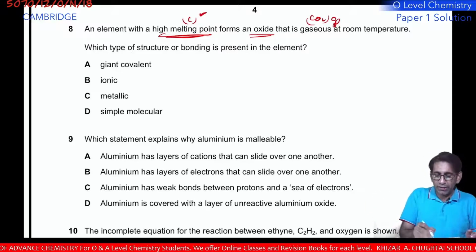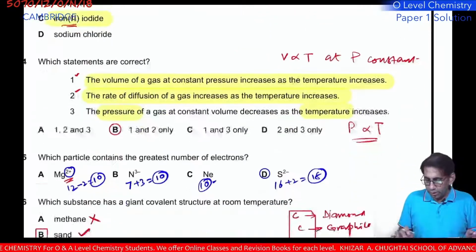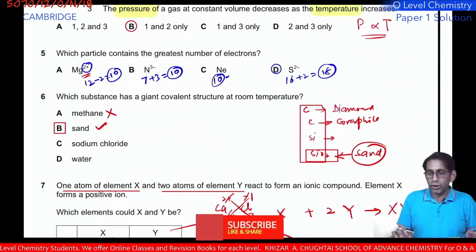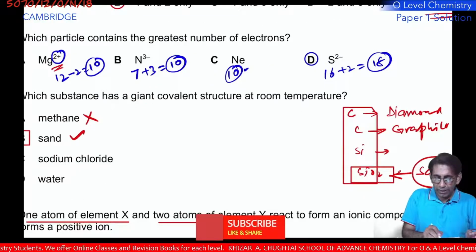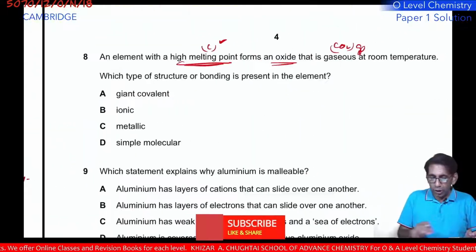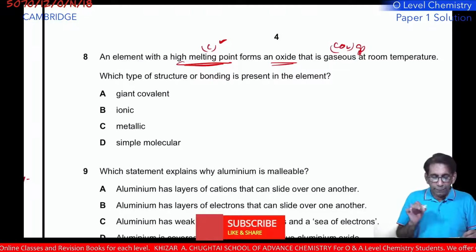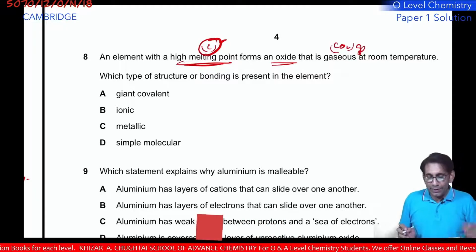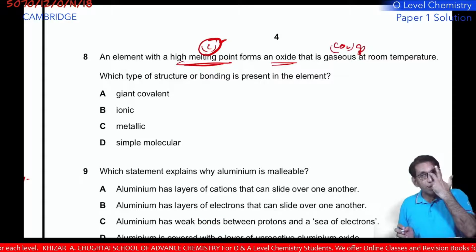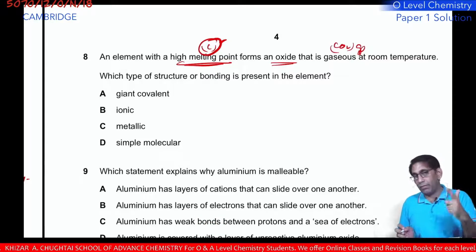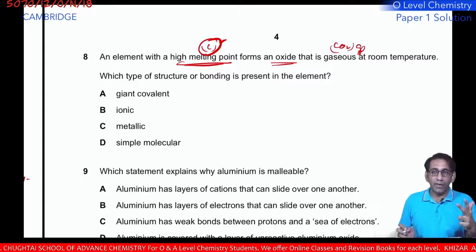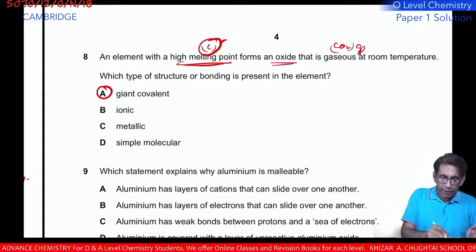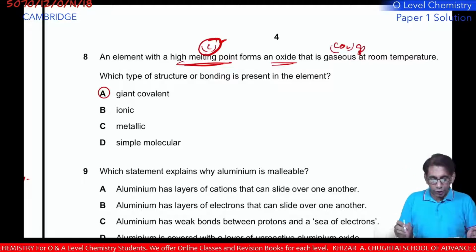So what is the structure of carbon? We have seen on the previous page that it is a macromolecule structure. You can say the giant structure. It has a giant covalent structure. So which type of structure or bonding is present in this carbon element? That is in two forms as far as the O-level syllabus is concerned: one in the form of diamond and another in the form of graphite. So both are said to have a giant covalent structure,